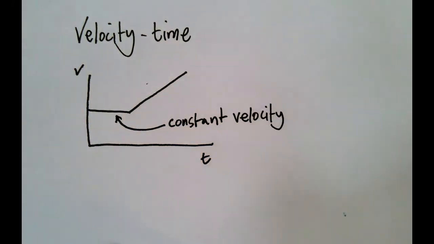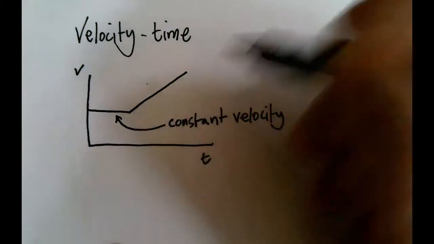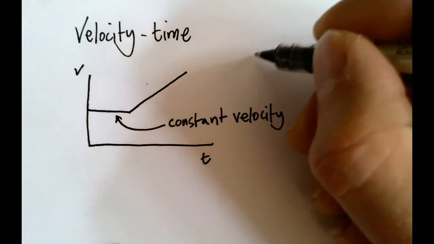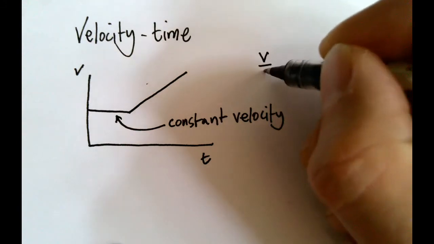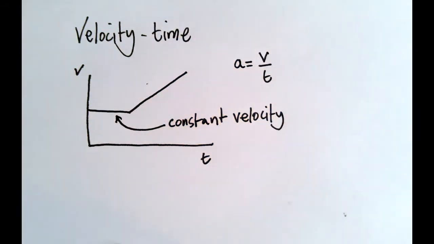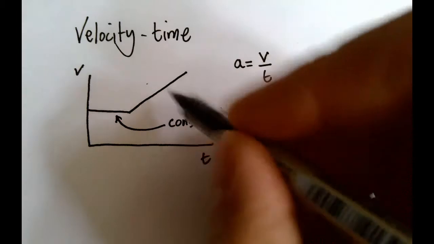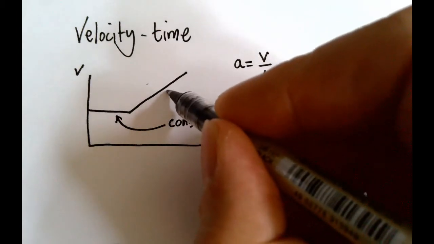which you need to contrast for yourself with what it looks like on a displacement time graph, because it would be a slanted line. And then we need to think about what the gradient actually tells us. So the gradient is basically going to tell us the rate of change of the velocity. So the gradient is v over t. And that's what acceleration is. So the gradient of our lines are going to be acceleration. And this would be a constant